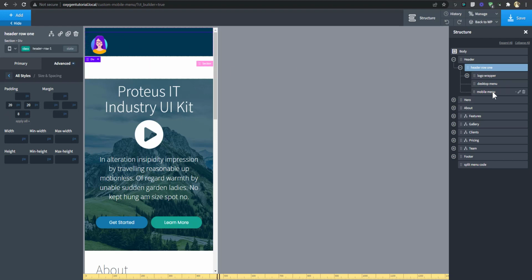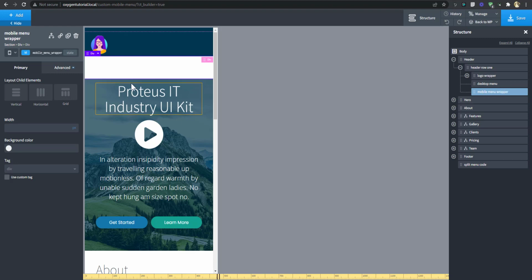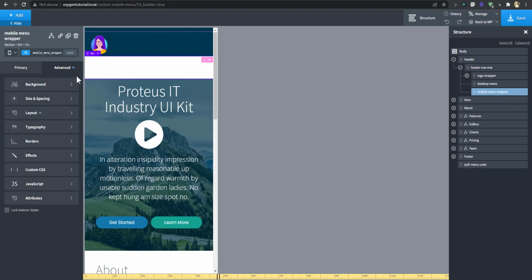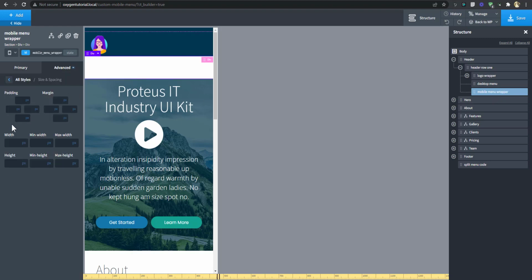All right, so that makes our mobile menu wrapper collapse all the way to the end. We'll probably need to set some padding on the mobile menu, so let me give it 20 pixel padding left and right.